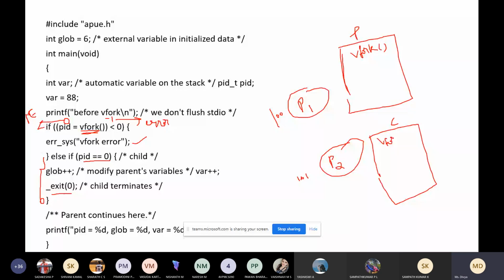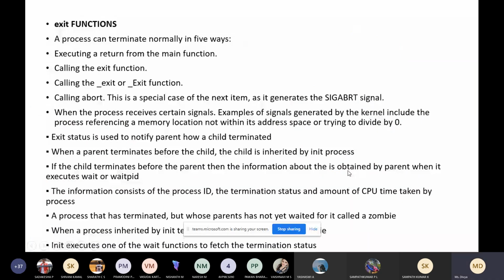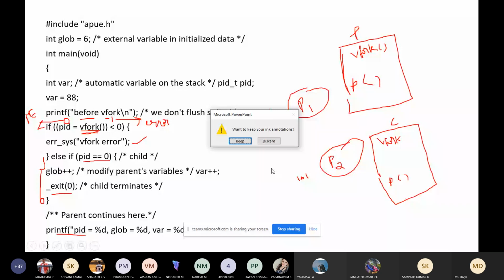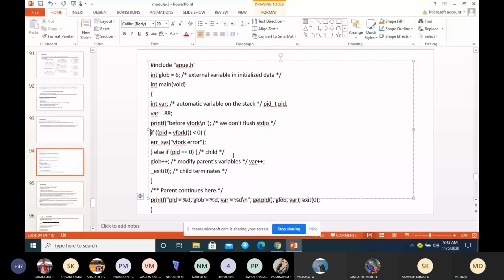Apart from that, we have this printf statement that comes after, which will print the values. Here we are printing the PID, global and local variables.